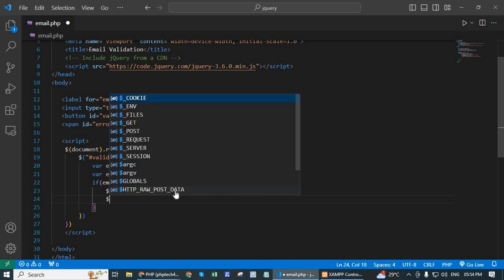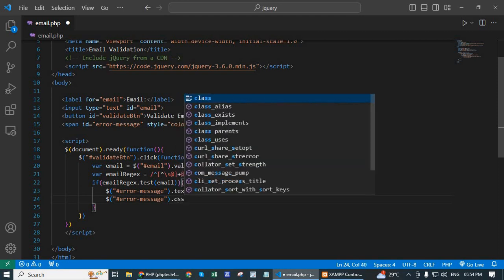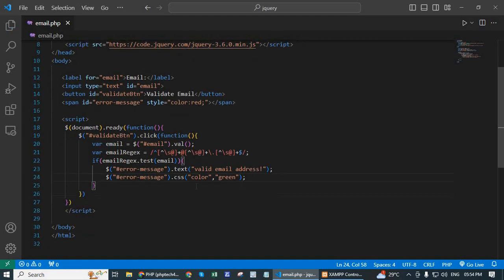$("#error message") - paste the span ID - .css("color", "green"); save. Next, else,